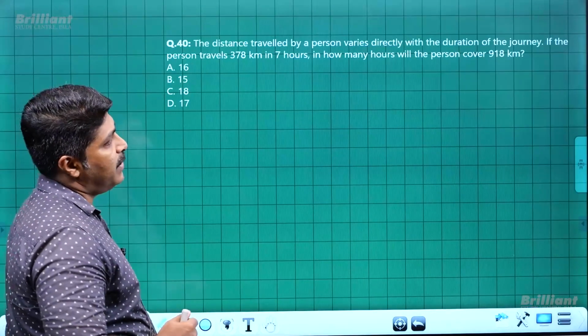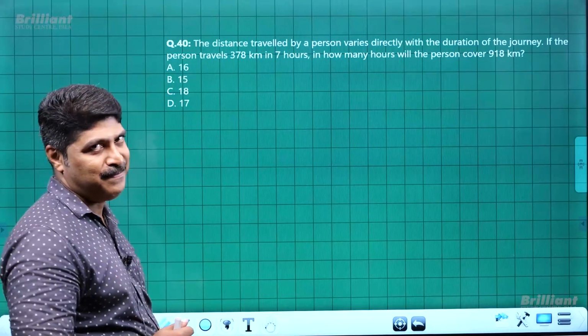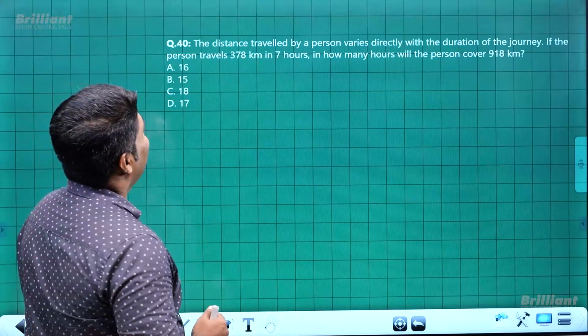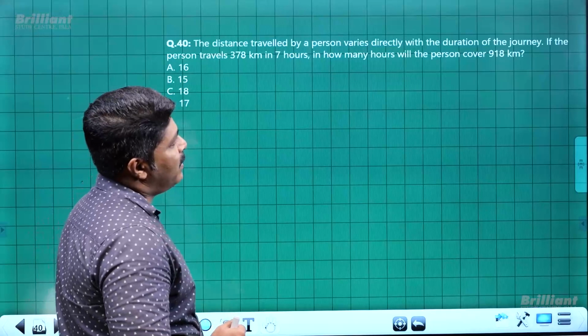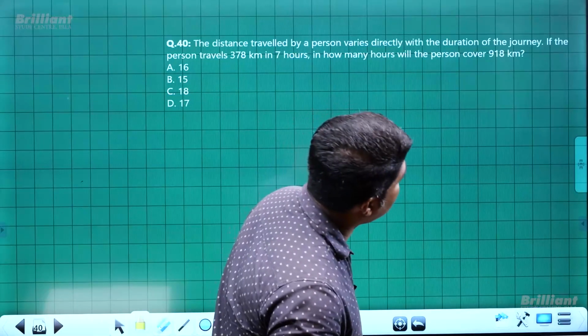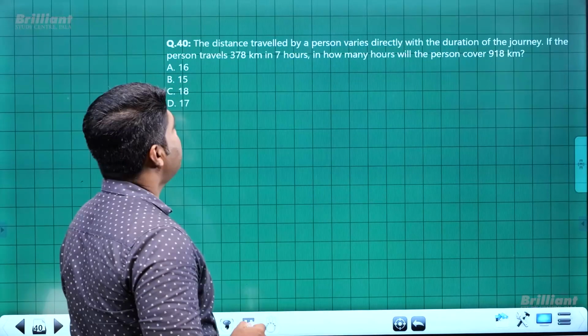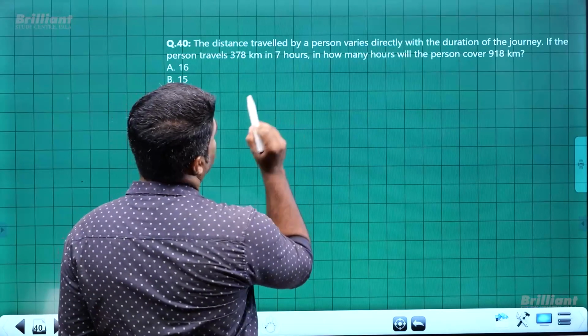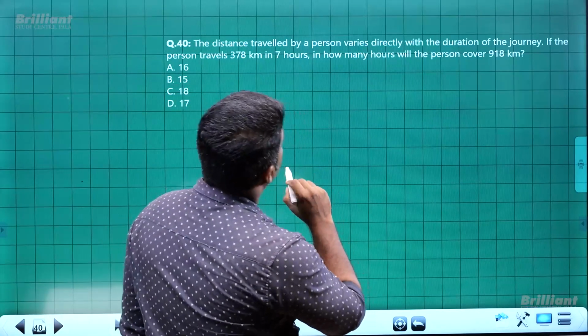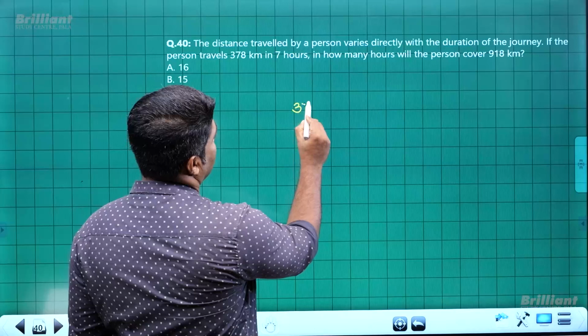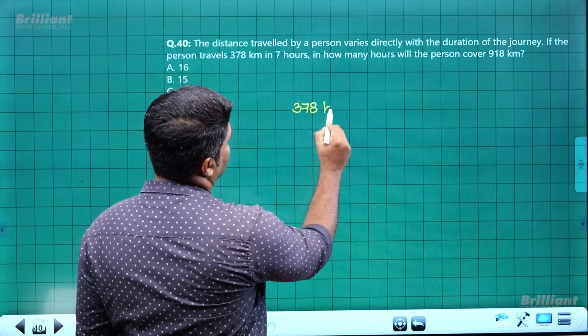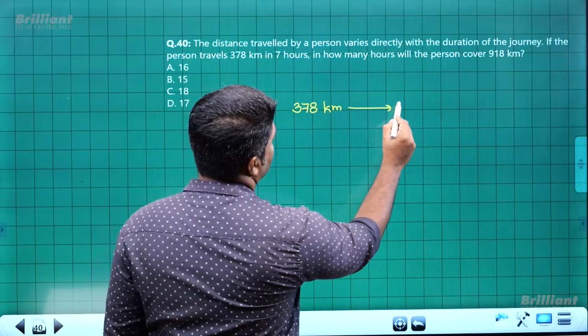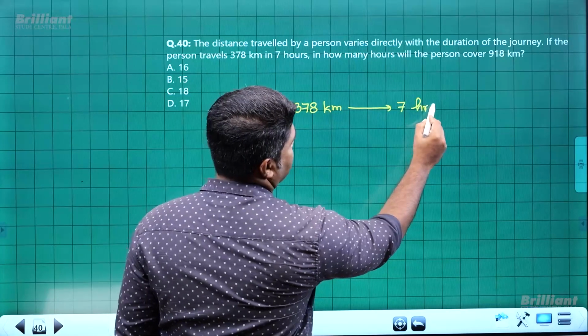So this is another question. It's from variation, a tricky one. The distance traveled by a person varies directly with the duration of the journey. If the person traveled 378 kilometers in 7 hours,